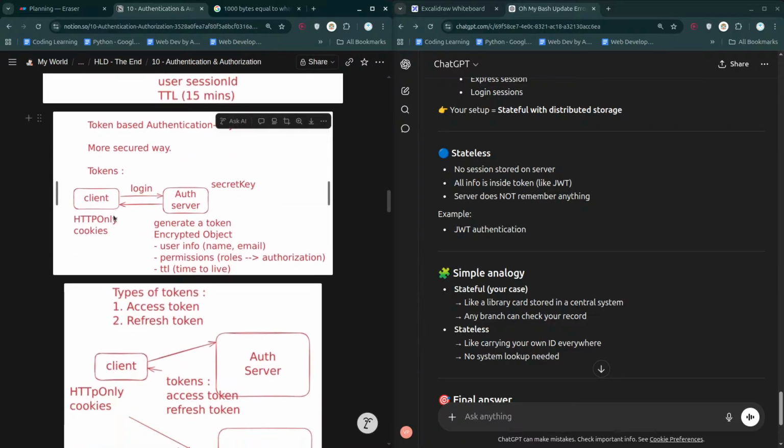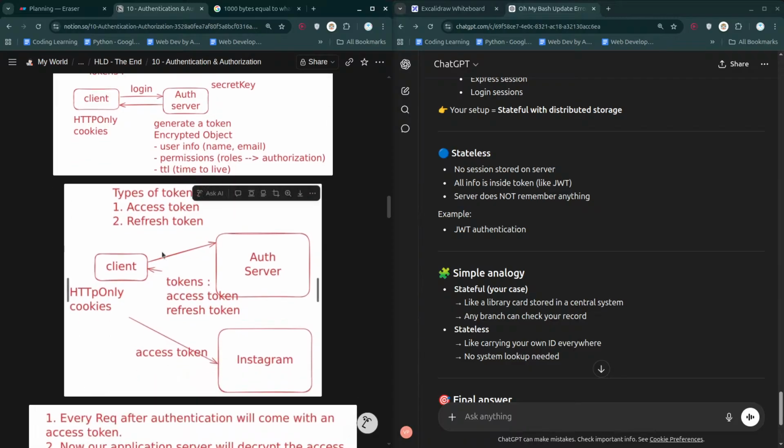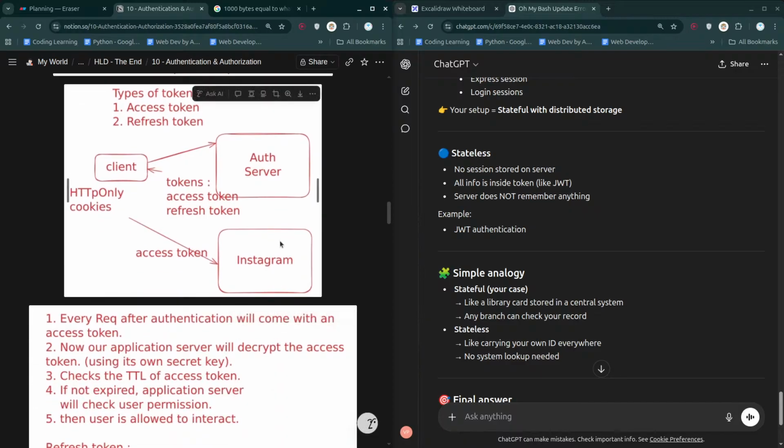Token based authentication, very simple. JWT is going to be used, so we are not going to be talking about that. There are two types of tokens: access token and refresh token. Whenever you are authenticating yourself, you are going to be generating two tokens: access token and refresh token. With every request, you are going to be sending the access token, and if the access token is not expired, you are going to be allowed. If the access token is expired, you will have to send the refresh token from your side. If the refresh token is still valid, it will be used for generating the new access and refresh tokens. If the refresh token is expired, then okay, you are gone. Of course, you will have to sign in again.